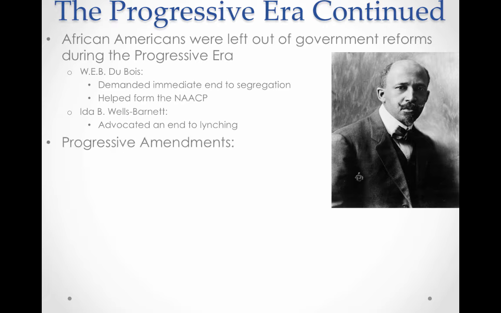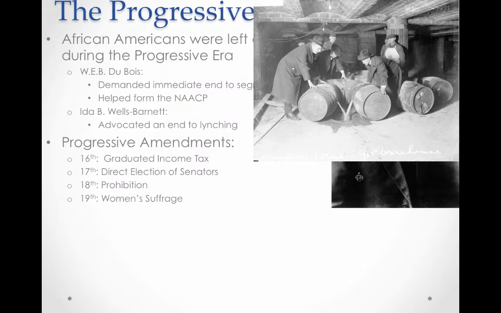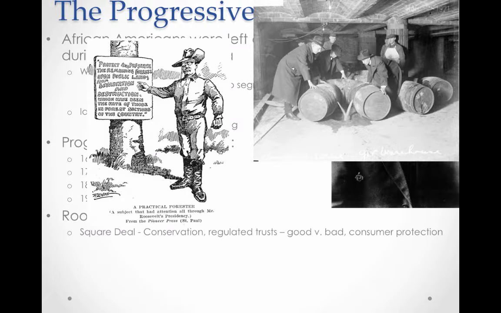So we see progressive amendments. So again, politicians, the government is getting very involved within this progressive period. And there are four major amendments we need to know. The first one is the 16th Amendment, which is a graduated income tax. As Mr. Norris said earlier, the more money you make, the more money the government could tax. 17th Amendment was the direct election of senators. So no longer would you only have the right to really choose directly the House of Representatives, you can now choose for your senator as well. Also, the 18th Amendment with its prohibition, ending of the sale and consumption of illegal alcohol, and the 19th Amendment, women's suffrage.